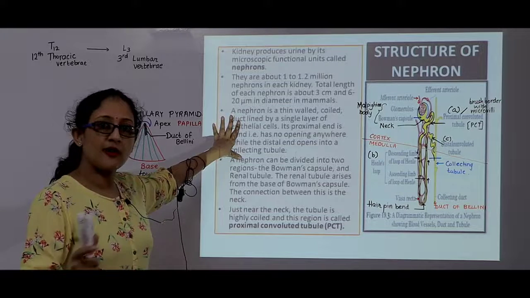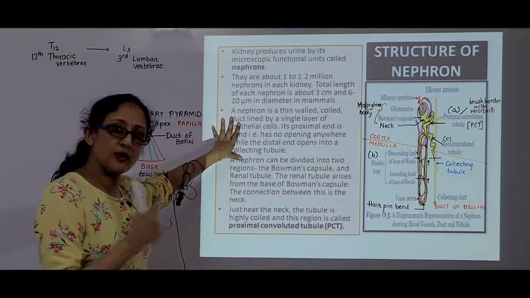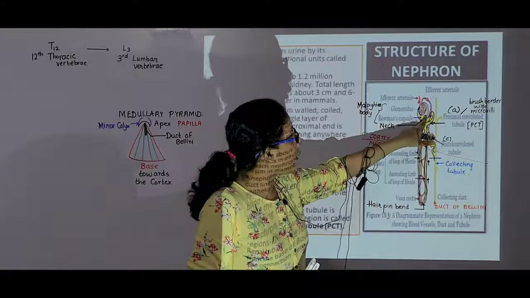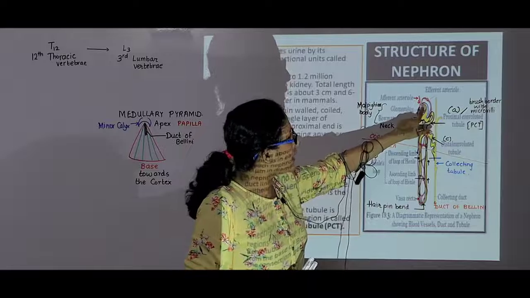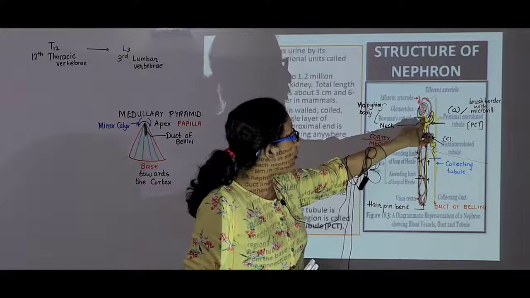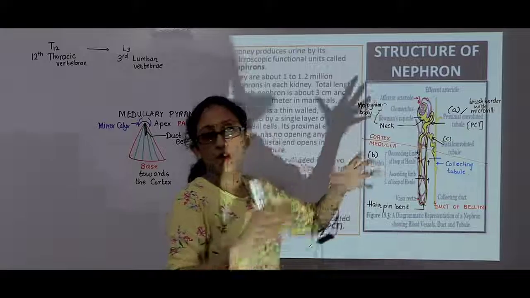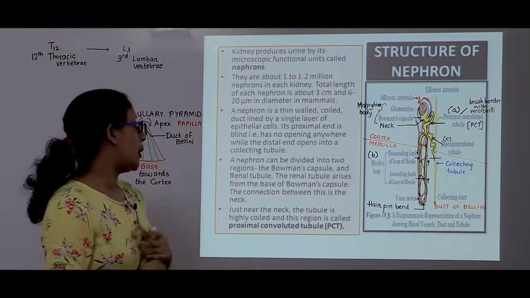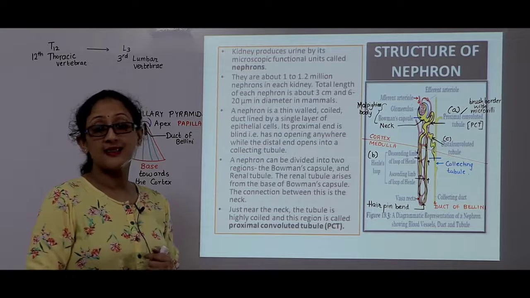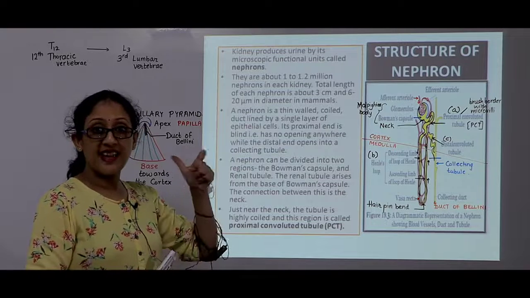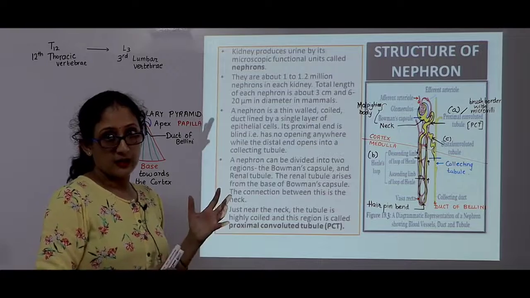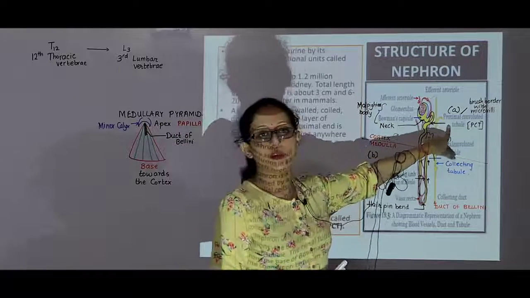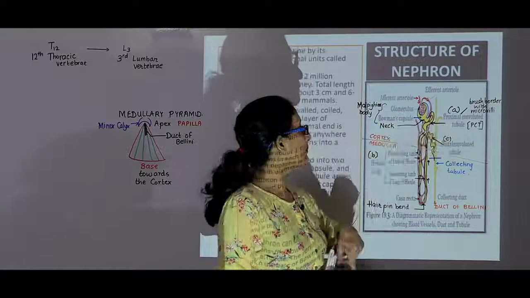It has a single layer of cells. The proximal part is the Bowman's capsule, which is blind, meaning there is no actual hole. The blood from the glomerulus blood vessels will filter and go into the Bowman's capsule through the cells. The cells will act as a filter. From the Bowman's capsule, it now enters into the renal tubule, which has A, B, C parts. The first A part is the PCT, the proximal convoluted tubule.